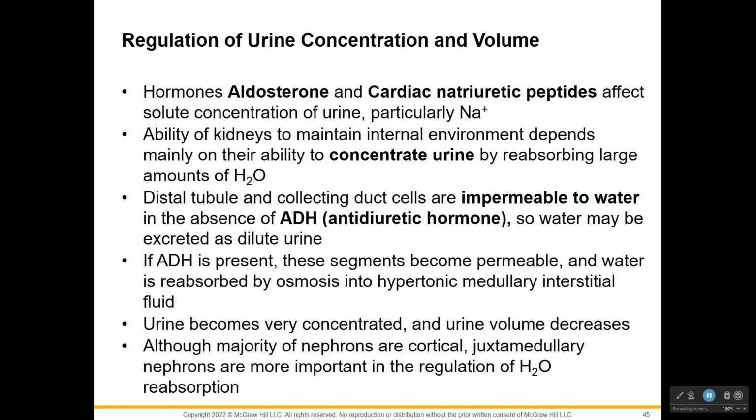So there's the key. Remember, antidiuretic hormone says don't pee. So these cells cannot let water pass through. If you don't have a lot of ADH, they can't reabsorb the water, and so you're going to have very dilute urine. And if you think about alcohol,